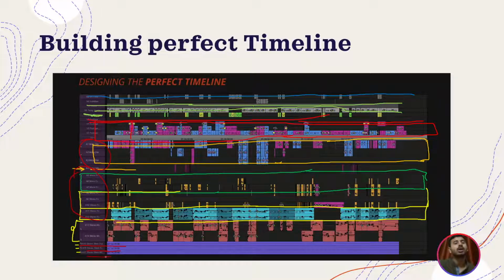Lastly, this is your music track. So when applying music here, this could be a temp music as well, as in temporary music. You got inspiration from some music, you put it here and then gave it to your music guy.